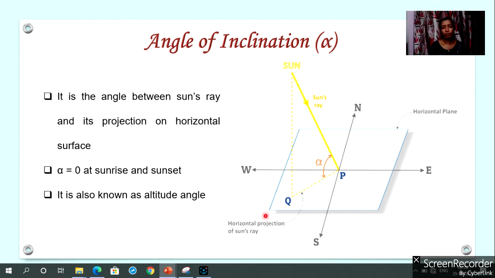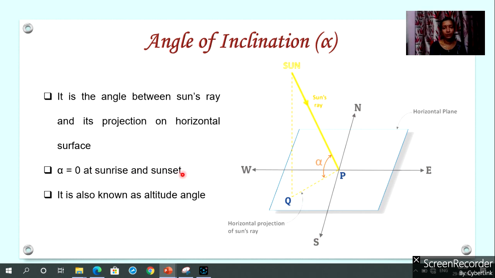A horizontal plane on the Earth surface is considered, and let's assume sun's rays are falling on a particular point on that plane. The angle of inclination is defined as the angle between the sun's ray and the projection of the sun's ray on the horizontal plane. It is denoted as alpha, and the value of alpha is 0 at sunrise and